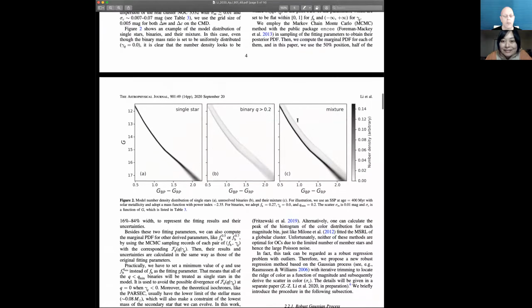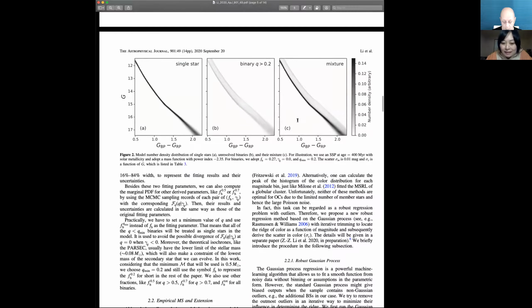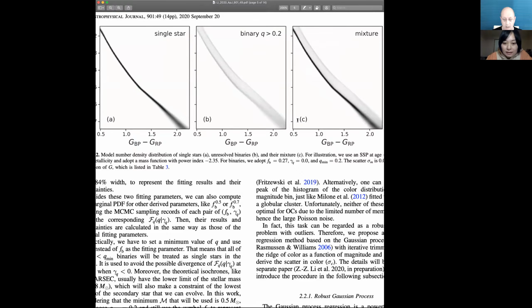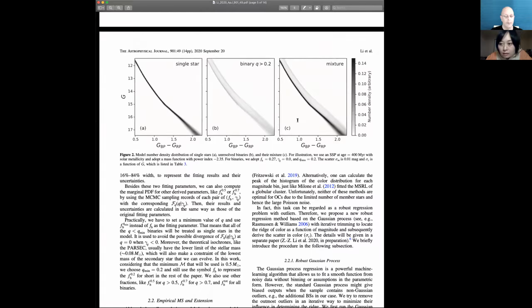Figure 2. Okay, it's a little too big. There we go. Okay. Yeah, we fixed. Okay. We fixed